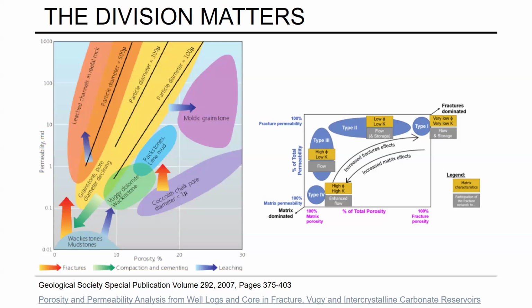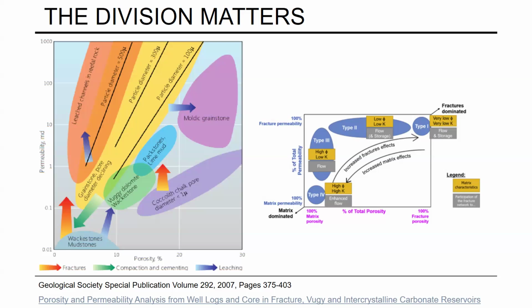If we are a geologist, or even a geophysicist or geomodeler, we need to understand what kind of carbonate facies we are dealing with, and depending on the type of carbonate facies, what kind of production unit we can look at. On the right, it typically makes a plot of porosity versus permeability, and it has delineated type 1, type 2, type 3, type 4.